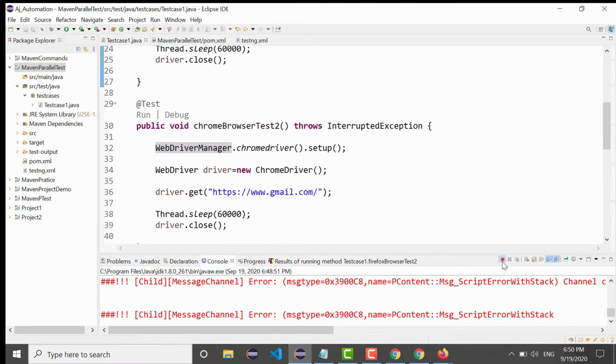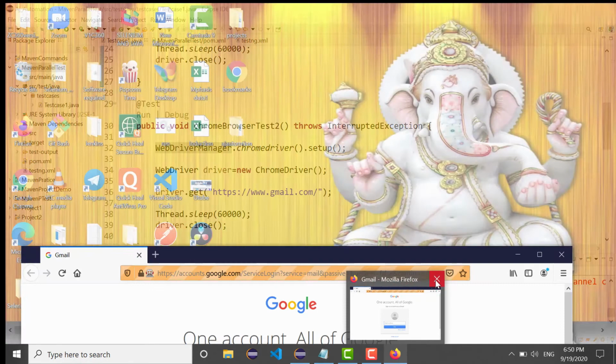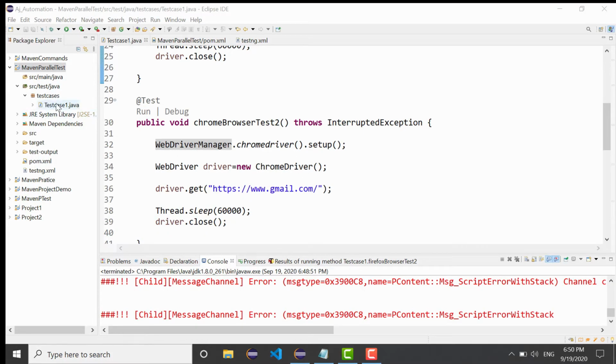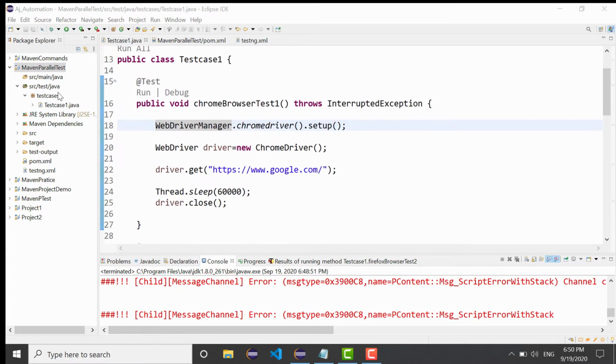Let me close this manually. Okay, so let us say we have only one test case here, and we have 4 @test in that test case.